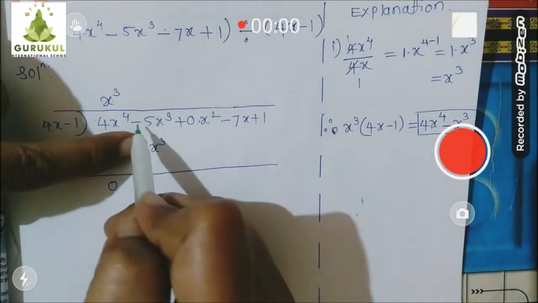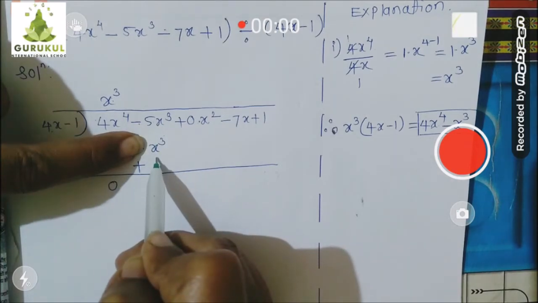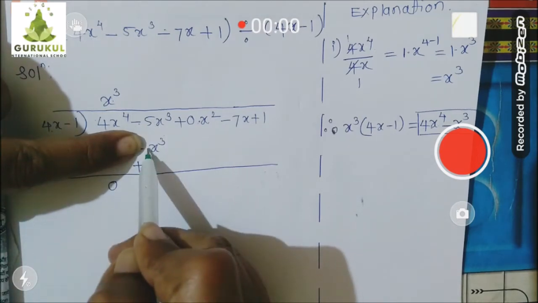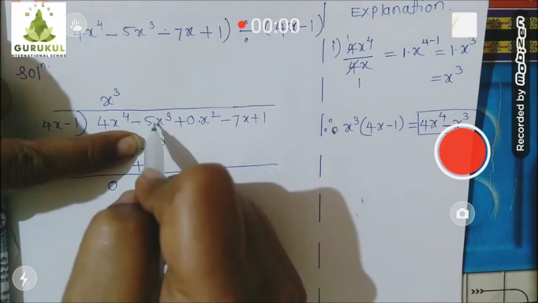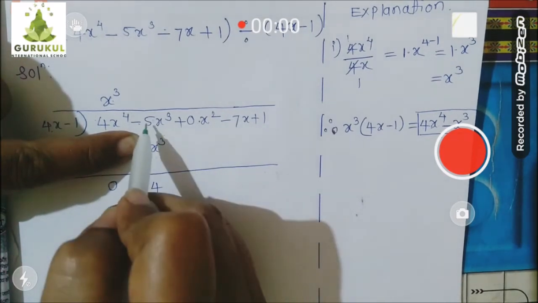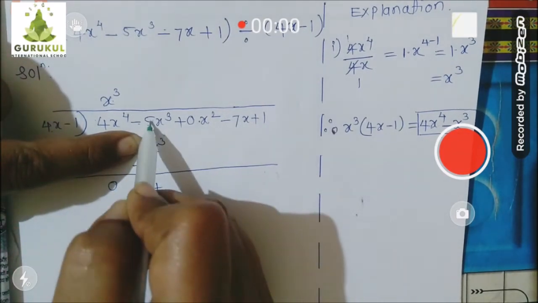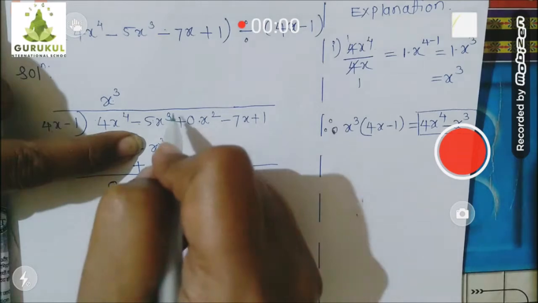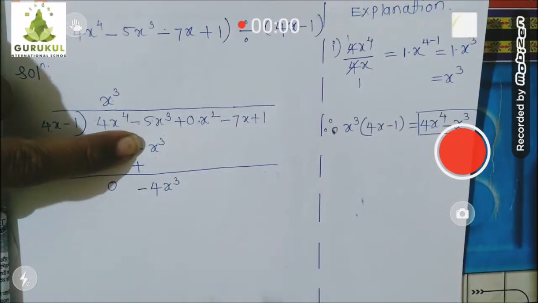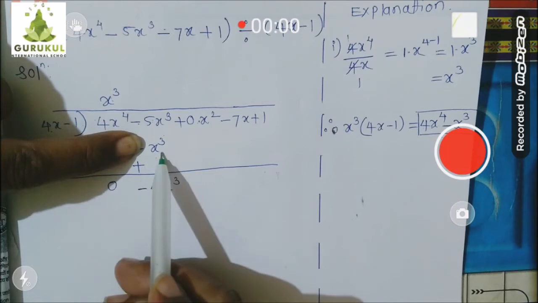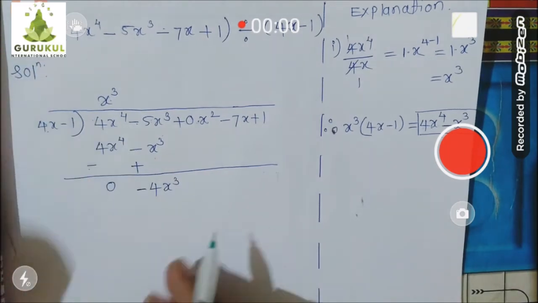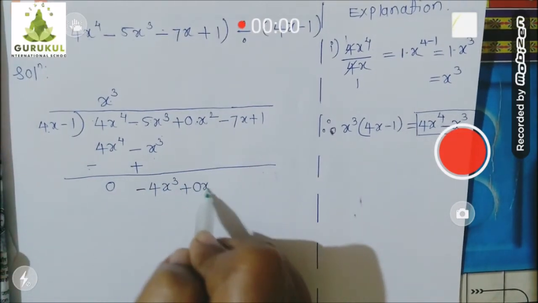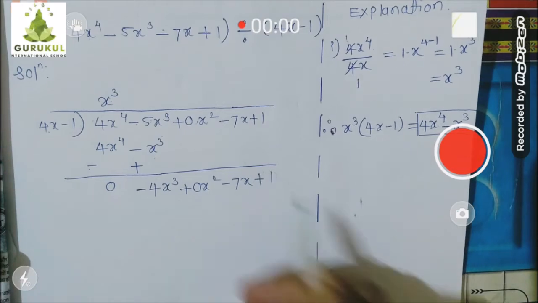Now forget the original sign. Minus 5 plus 1. Children, where there is no number, it means coefficient 1. So minus 5 plus 1. Opposite sign, subtract the numbers. So 5 minus 1, 4. Put the greater number's sign on the answer. Among 5 and 1, 5 is greater, its sign is minus. That you put on the answer. And this x cube I will copy down. So minus 5x cube plus 1x cube, answer is minus 4x cube. Now copy down the remaining part which is not divided yet. So plus 0x square minus 7x plus 1.